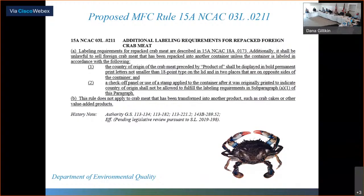The first sentence in letter A of the rule points to existing labeling requirements for repacked crab meat that is contained in MFC Rule 18A .0173. These include required labeling such as the repacker's name and address, certification number, and a code indicating the repack date. The Commission's approved motion text begins with the second sentence in letter A, which reads: